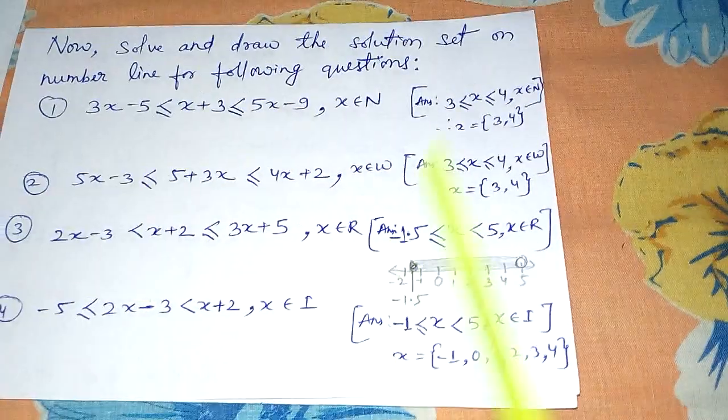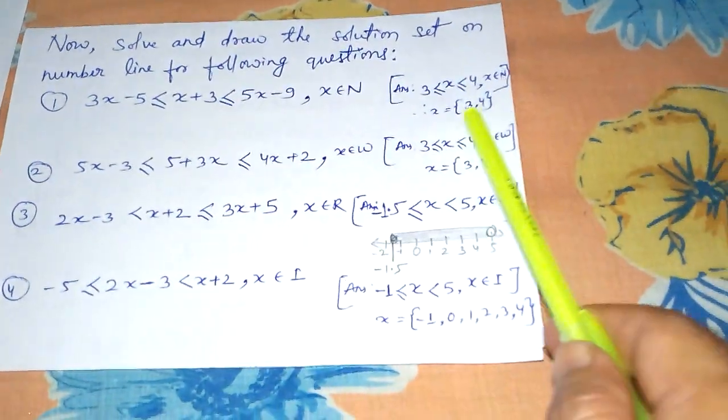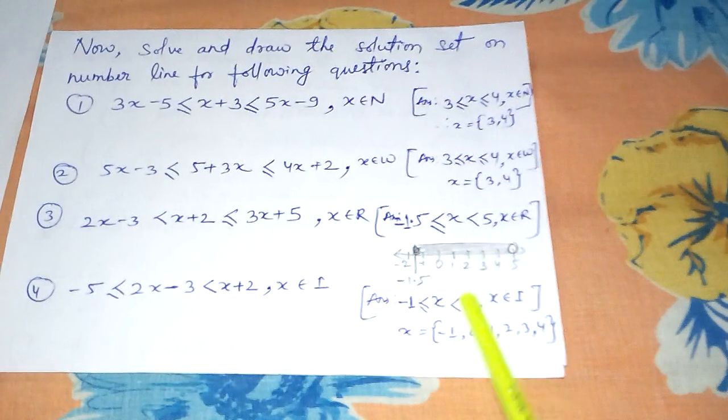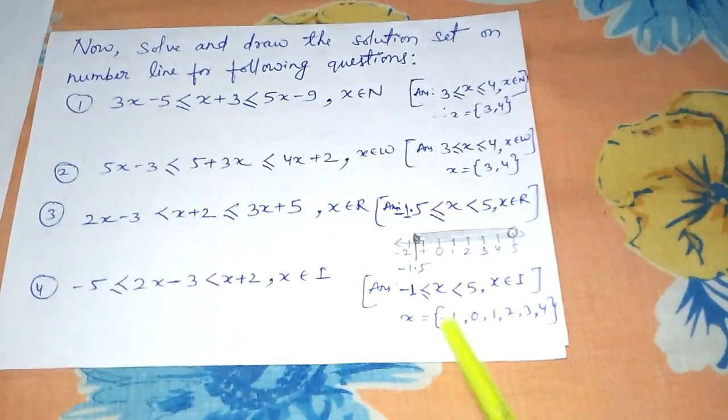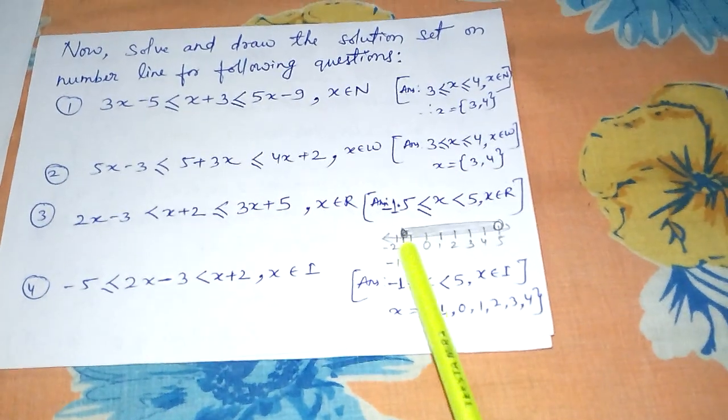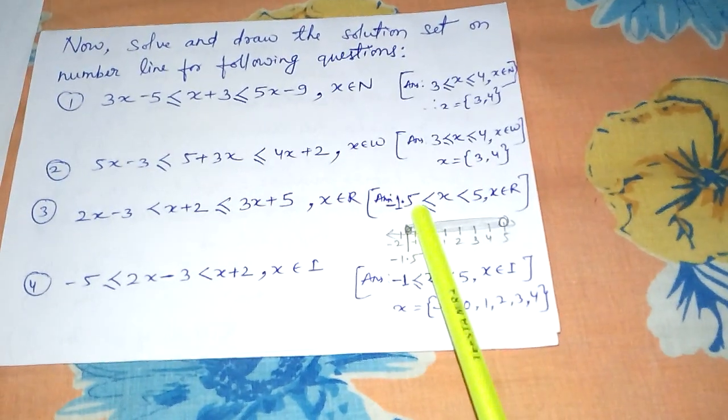So this is my explanation, children, and with these two examples please do a few of my questions. I have given answers also here. Please check the answers and then draw number lines for 1, 2 and 4, and for number 3 I have drawn the number line here, but you find the answers correctly.